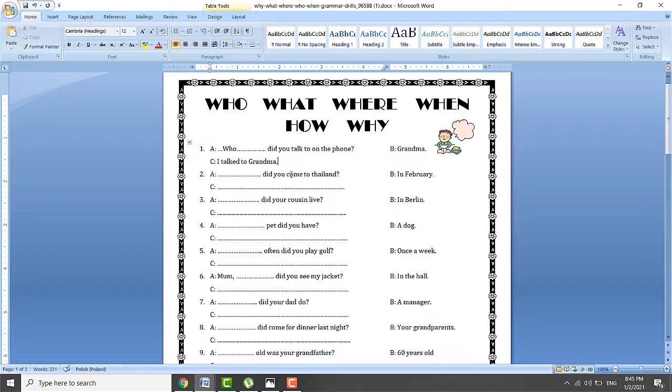Now here you have come, and come is an irregular verb. But you guys know your irregular verbs. You have the list I gave you last week, the list of the verbs, so you can refer to the list. We do this one together and then you'll do the rest by yourself, alone. Did you come to Thailand in February? Here we have a date, so the question is going to be, when did you come to Thailand? So the answer is going to be,